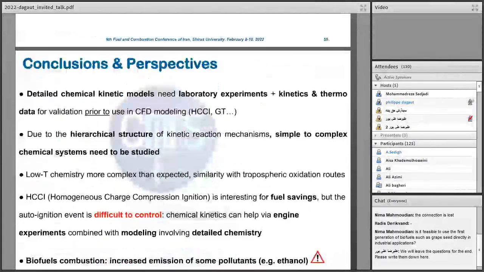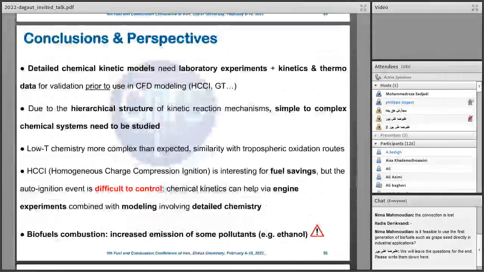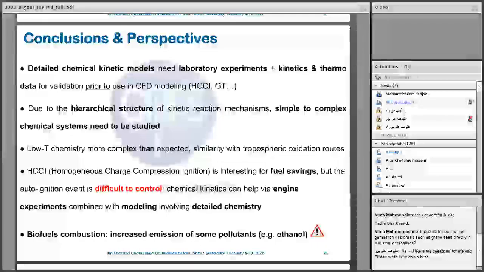And so I will summarize what I presented so far. So detailed chemical kinetic models are needed for detailed chemical kinetic model need input